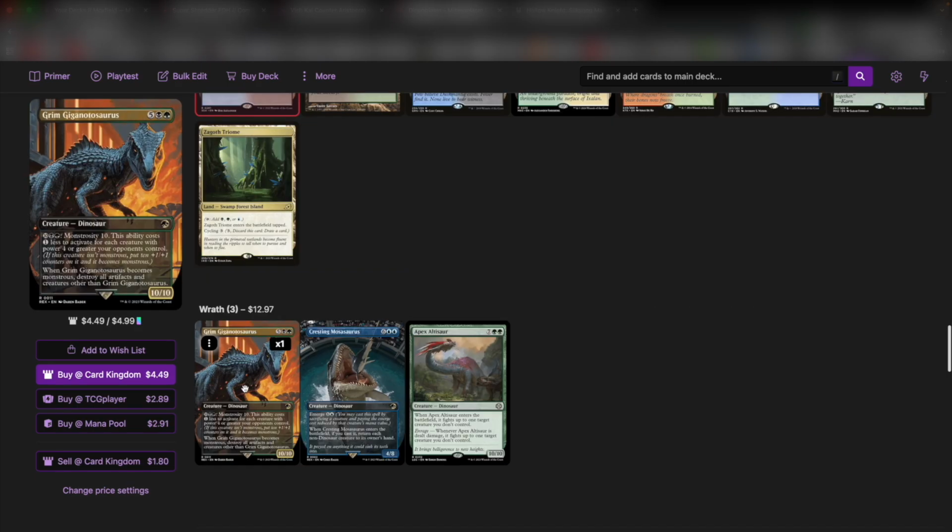And while we're on removal, let's go over a few thematic wraths as well. Grim Gigantosaurus is a 10/10, so once again, another really good body for us. When it becomes monstrous, destroy all artifacts and creatures other than the Grim Gigantosaurus. The monstrosity cost is 10 black and green, but for all the big creatures of power 4 or greater that your opponents control, it costs 10 less, so it's likely that you're not going to pay anywhere close to that